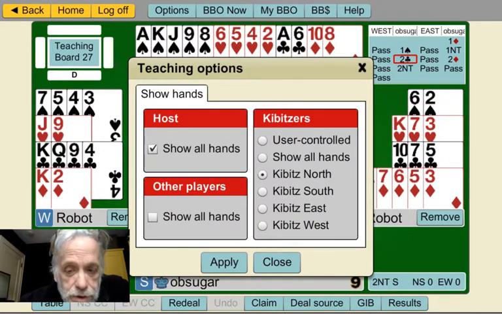So 2 clubs is alertable. I usually alert it by saying invitational plus, I'm asking about his majors. Yes. The 2 diamonds is alertable because it's artificial, right? You're not saying anything about your diamonds. Instead, you're saying, partner, I don't have 3 spades, I don't have 4 hearts, and I only have 12 to 13 points. So all this information that this gadget is sharing between the teammates has to be shared with the